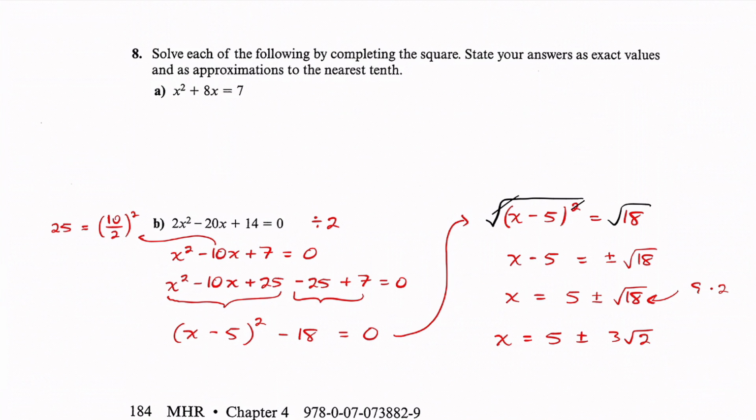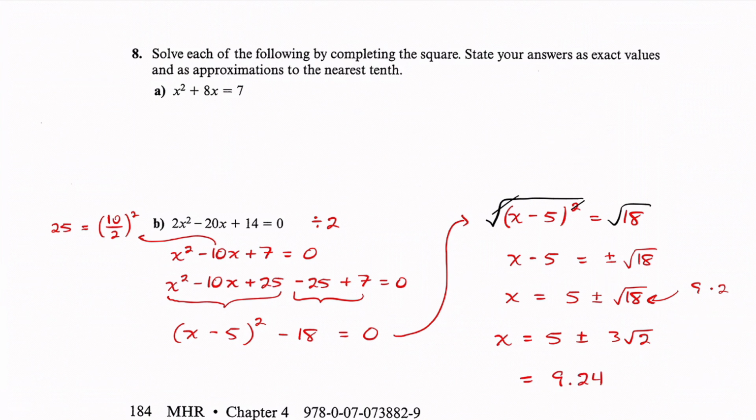It also asked for it though as approximations to the nearest tenth. So if I took this and put that into my calculator, I'll do one where it's a positive and then one where it's the negative. So for the positive one, you're going to get